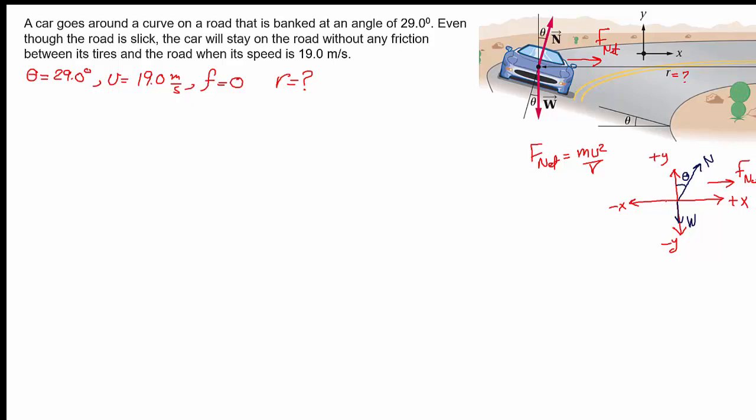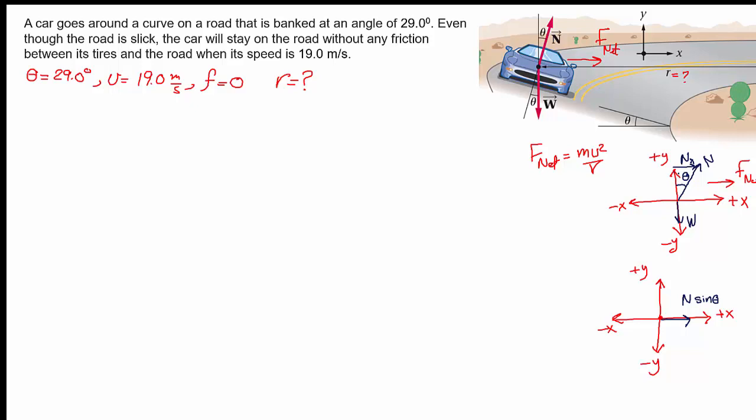So now if we go ahead and resolve the normal force into its x and y components, and we draw the force diagram again here, positive x, positive y, and negative y. The x component of the normal force here will be the normal force times sine the angle, not cosine, sine the angle. Why? Because this will be the x component, and it is opposite to the angle. So if you want to find it, you need to take sine the angle. Sine will be the opposite over the hypotenuse, and hence N x will be the normal force times sine the angle,